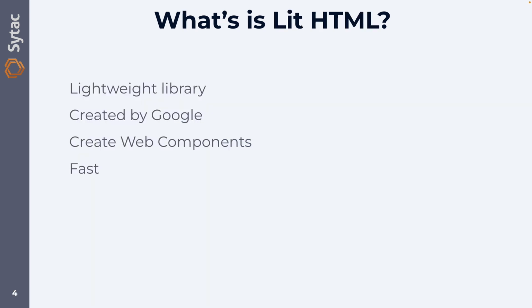What is LitHtml? First, this is a library created by Google to go on top of the web components, very close to the web components. It takes the advantages of the web components, so it's multiple. It can be used in multiple browsers, and it's fully compatible. It's very lightweight, as we said. It's about 5K,